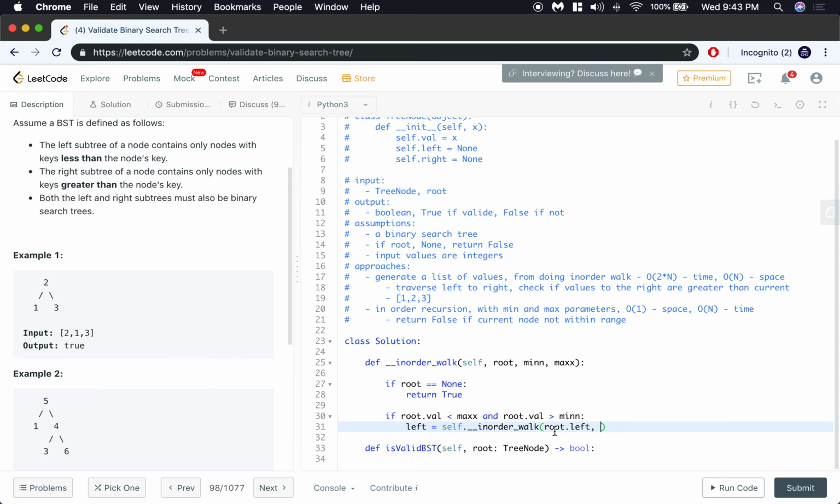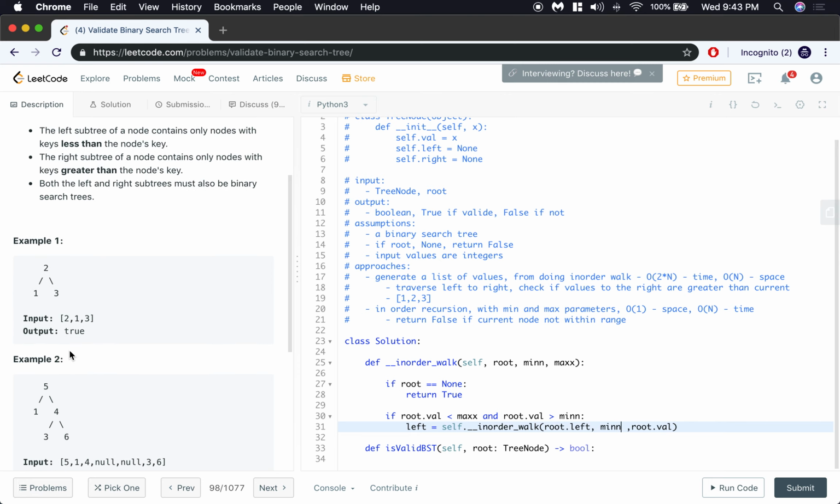So now because we are traversing to the left subtree, we have to update the maximum to be the current value, which is root.val, and we'll leave minimum the same, right? And the reason for that, if you think about it, is if we go back to the definition of a binary search tree,